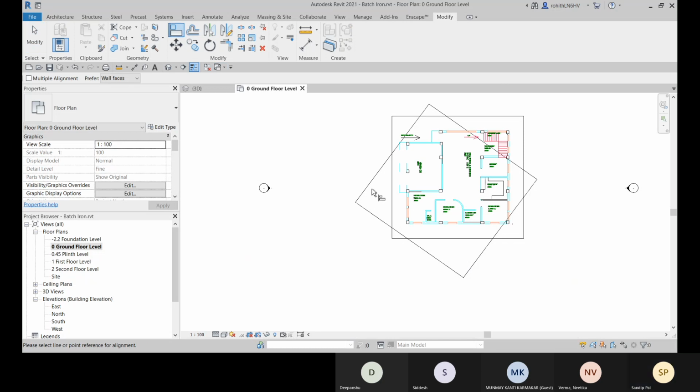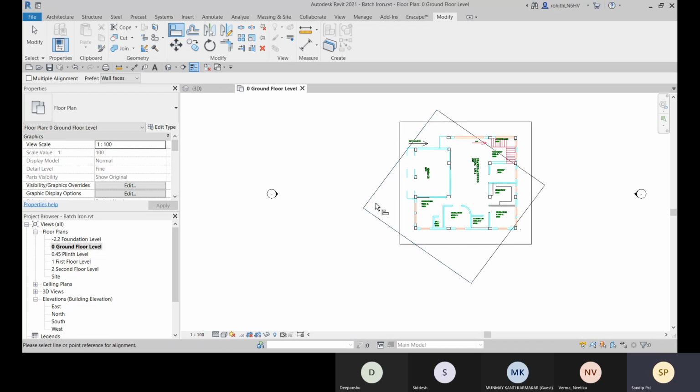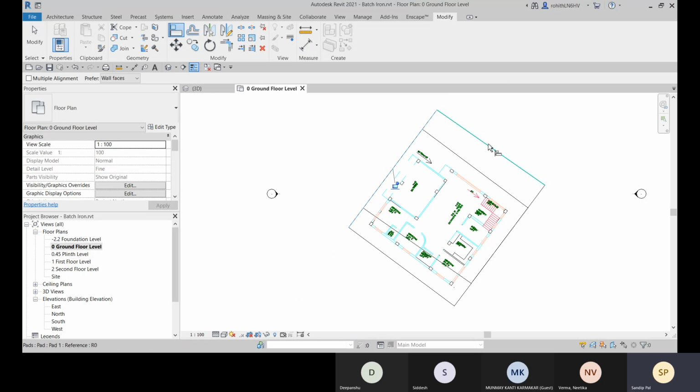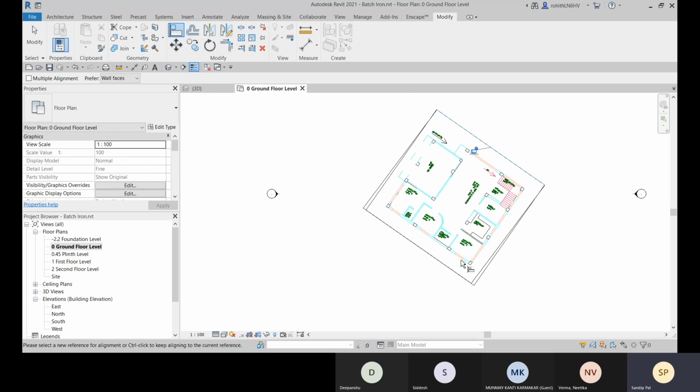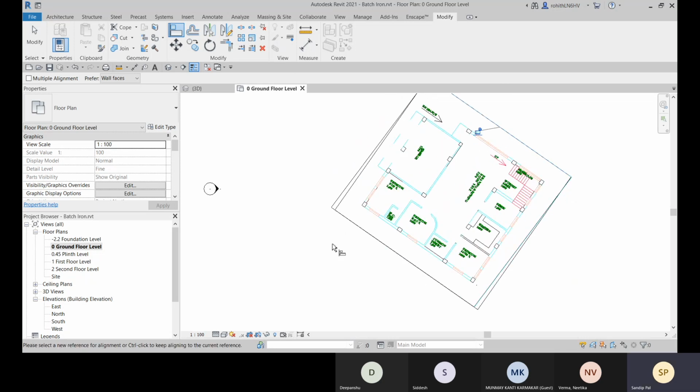Okay, so first you will choose the line with which you will be aligning it. After that, select this, and this is aligned. And now you need to align with this side. So select this line first and then select this. Okay, this is aligned.